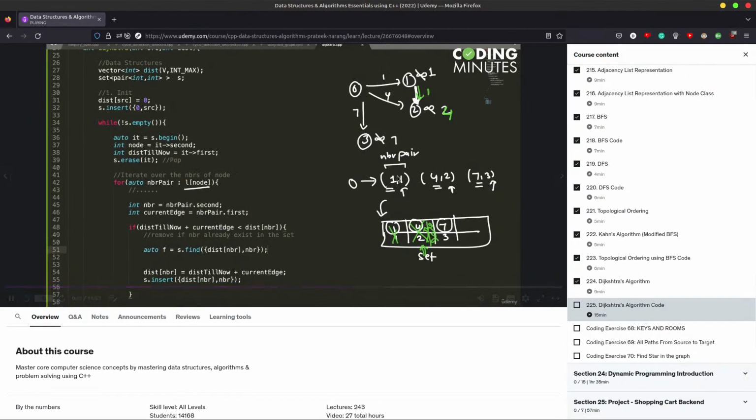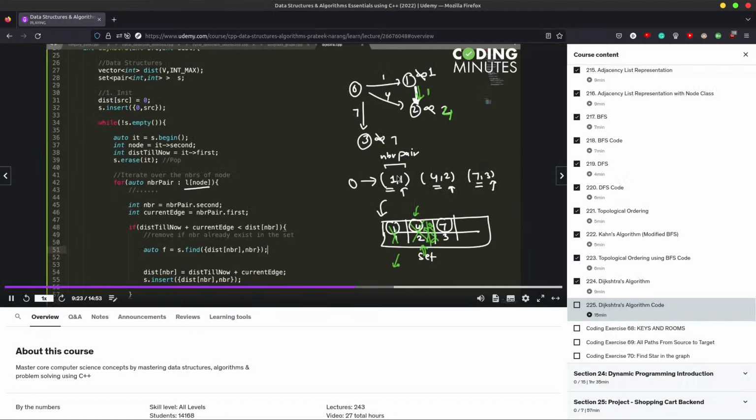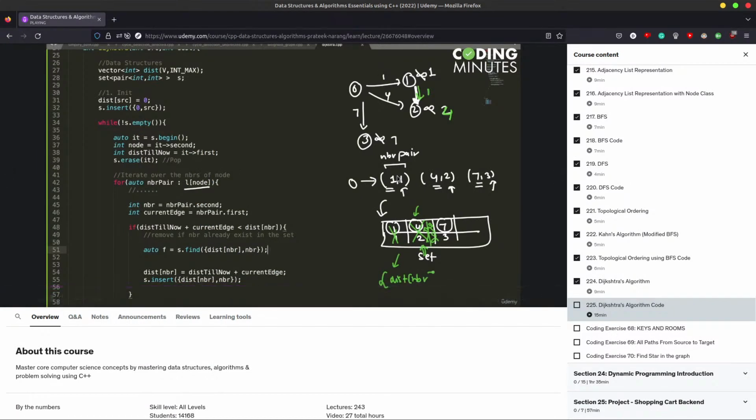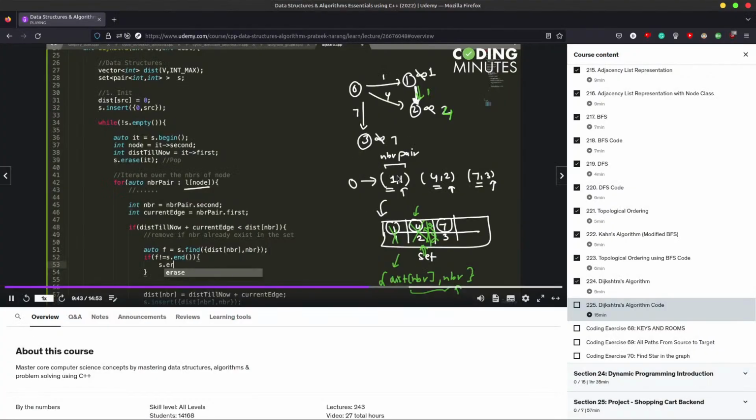So we are finding this pair 2 comma 4 because currently it is denoted using this distance of neighbor and neighbor. This is the node name and this is the distance, and this whole thing is inserted as a pair inside the set. If this value is not equal to s.end, that means it is present in the set, then we are going to remove it. So s.erase